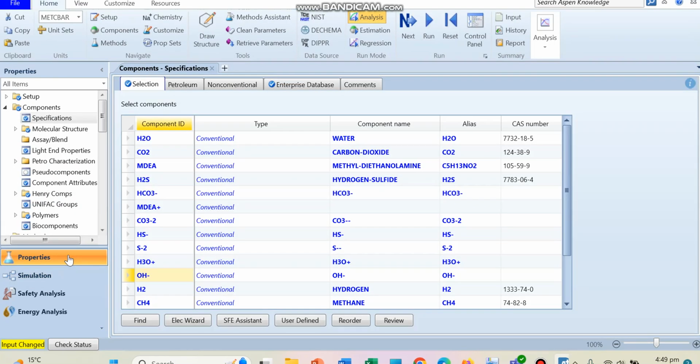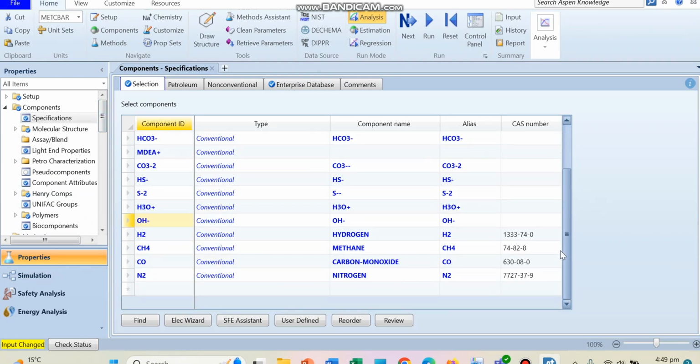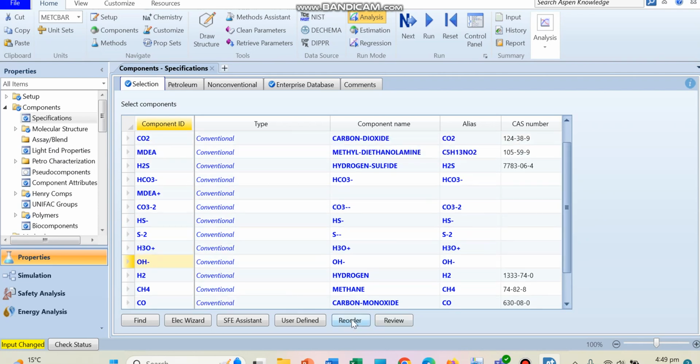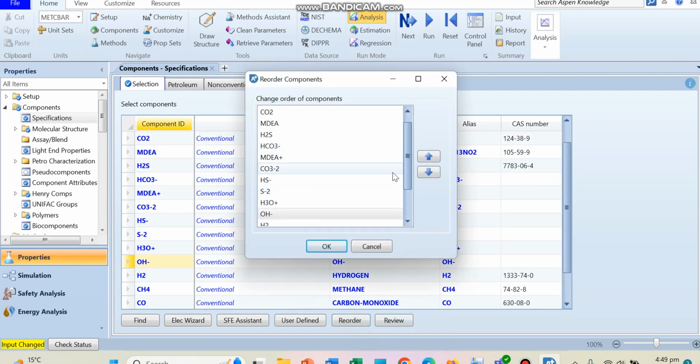Okay, in properties, it is always recommended to have all of the components at the top and the ions at the bottom. So I will just reorder them. Select this with shift and down arrow, and now move them to the top. Place them before the ions. So now all of the components are at the top and the ions are at the bottom. So click OK,